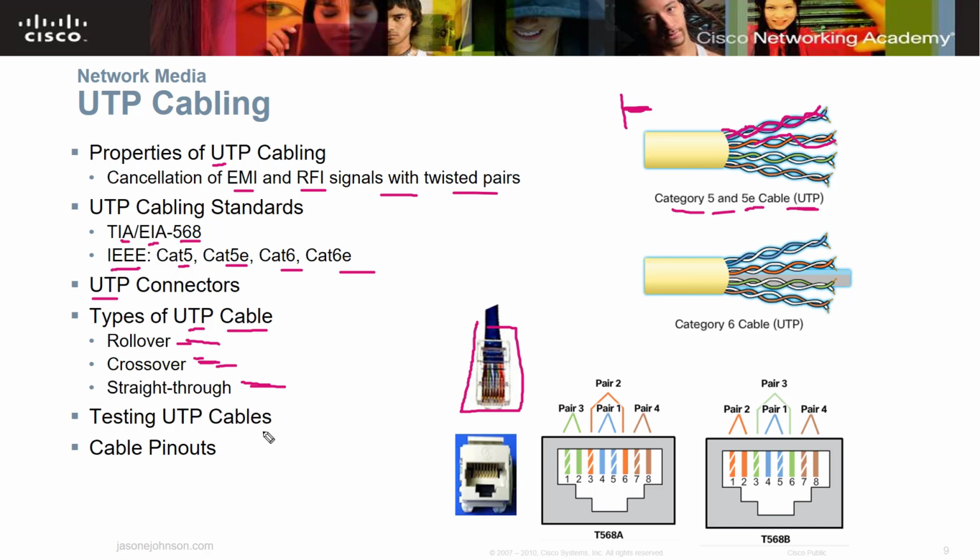Now you can also test unshielded twisted pair cables based on the cable pinouts. I have a device that I can plug this point in, and then I've got another little small cable that plugs in on the other end, or I can plug both ends in, and it will send a signal through the wire to tell me, is it wired properly? This is the T568A, and this is a T568B. Whether I need a rollover, a crossover, or a straight through, that device is going to tell me, did I get that proper wiring done, and did those signals get sent through on the wires? 1 wire, 2, 3, 4, 5, 6, 7, 8, and is it correct on both ends?